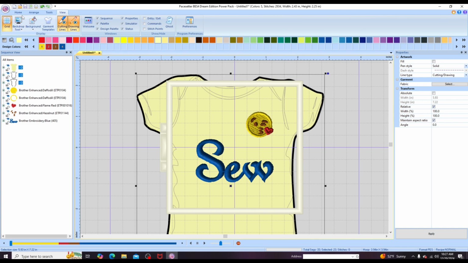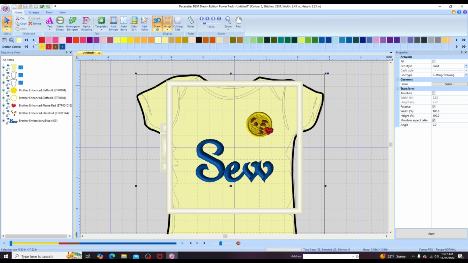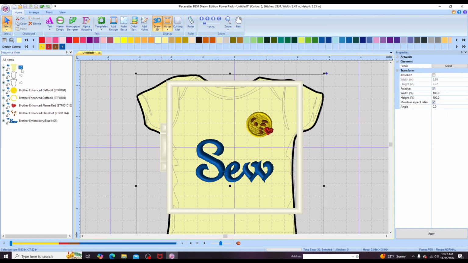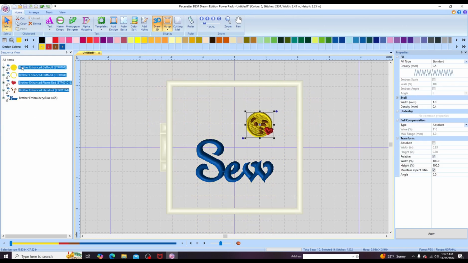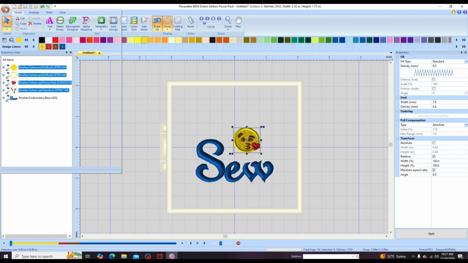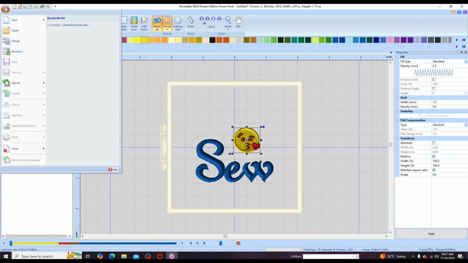So now that we have our design, we have changed the colors, we know what it's going to look like on our garment. It's a little funky on this onesie, which is fine. I'm just going to delete it by clicking the delete button on my keyboard. I could have hit delete up here as well. Now that we have our design where we want it, we're completely sure of ourselves here. This looks good. I can come over to my B, and the drop down screen will open,